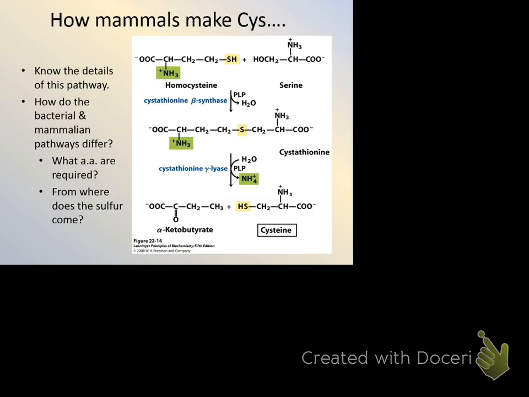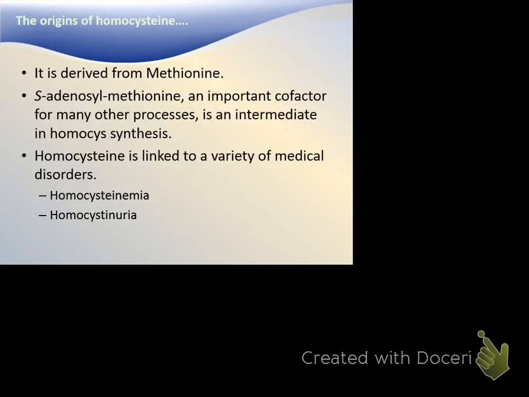And so this is the part that I wanted you to be able to compare and contrast and talk about: the homocysteine comes from methionine. S-adenosyl methionine, which is often called SAM. Sometimes they also call it AdoMet. Let me write that down, because I usually don't call it that, but sometimes you'll see it referred to as AdoMet. SAM, S-adenosyl methionine.